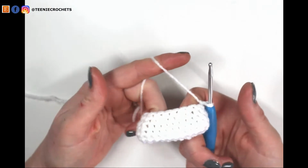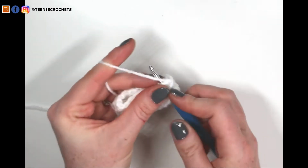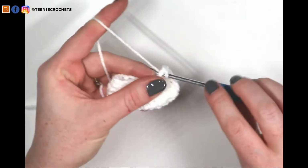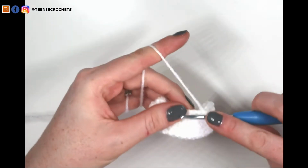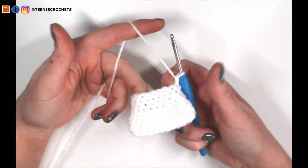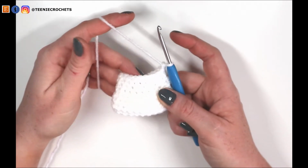So we now have 18 single crochets, so 18 stitches, and we're going to single crochet around these 18 stitches 3 rows, or for 3 times. So I'll meet you back here after my 3 rows of single crochet around. And after your 3 rounds of single crochet of 18 stitches, it's now time to do another decrease, and we're